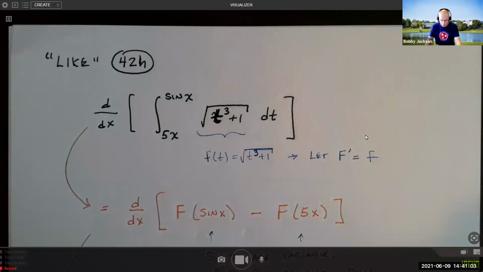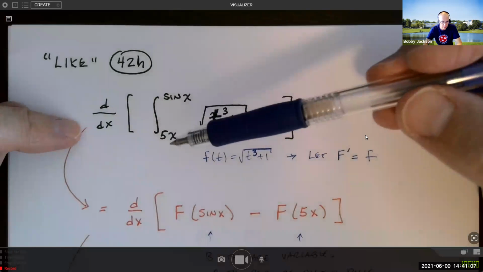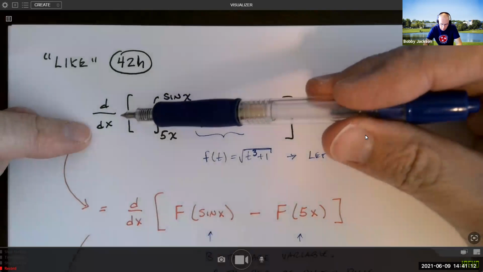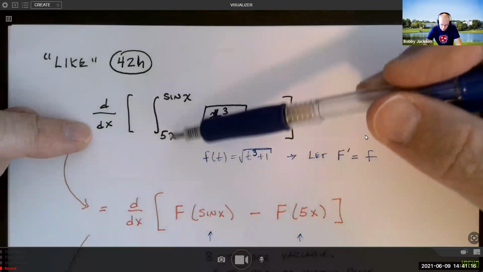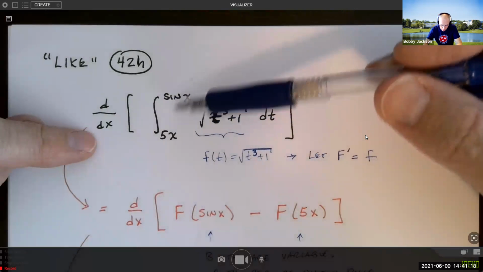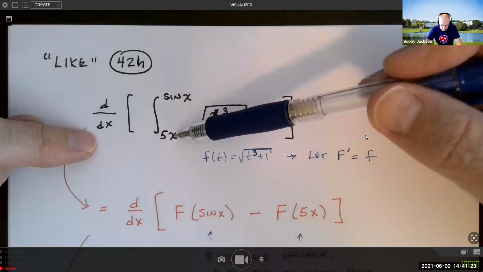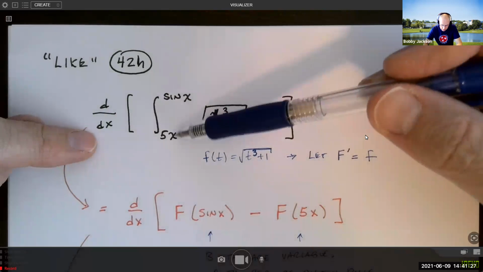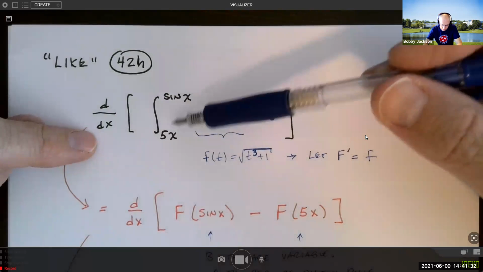So let's take a look at one like 42H. It's a little different. We're applying the fundamental theorem of calculus part 2. And when we do this, however, we notice, we're taking the derivative of this definite integral, both the lower and upper limits have variables in them, right? Down here, instead of a constant, we have 5x, and up here we have sine of x. So this is not a constant, so it's not quite the fundamental theorem of calculus part 2, but